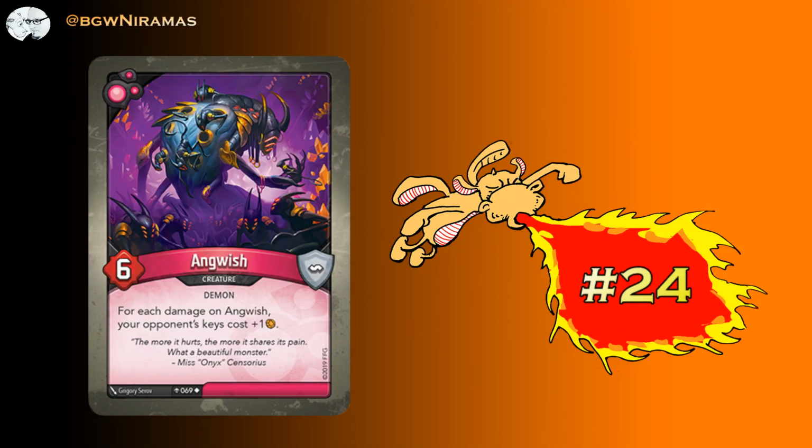Number 24 is Anguish. This is a creature, 6 power. For each damage on him, your opponent's keys cost +1. This is a cool one. He's fairly strong, and you do want him to get damaged, or sort of at the right time. It's good if you can get him out there, sitting around. Maybe you can reap with him. You don't really want to fight unless you are in the right position to do that,